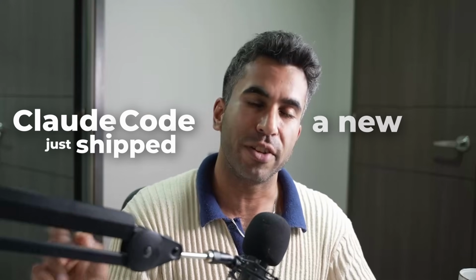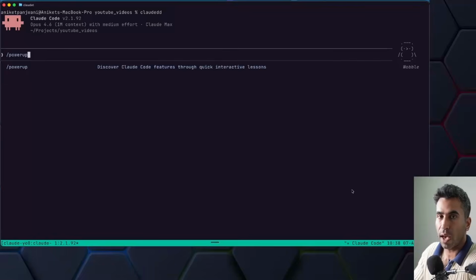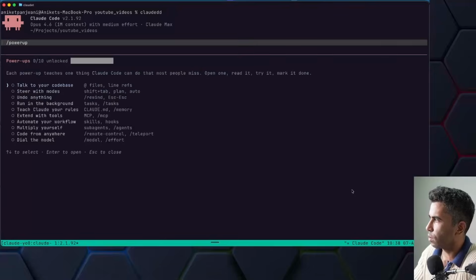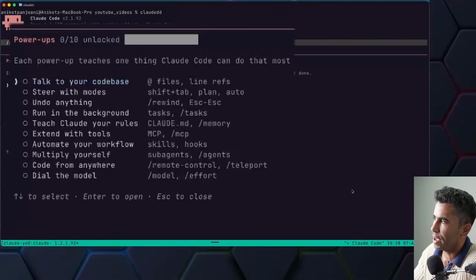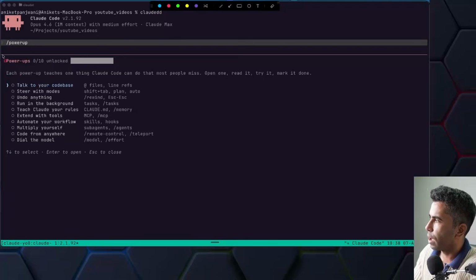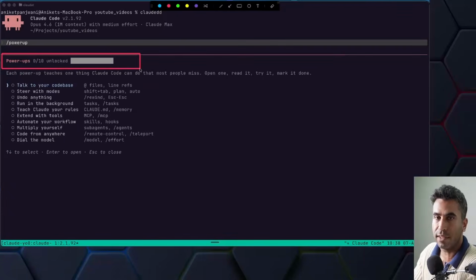Claude Code just shipped a new command called powerup. You type powerup into the terminal, press enter, and you'll see 10 lessons that come up, which will be interactive animated demos inside Claude Code. Now, as you can see, I haven't actually done any of these yet, but I'm going to go through them